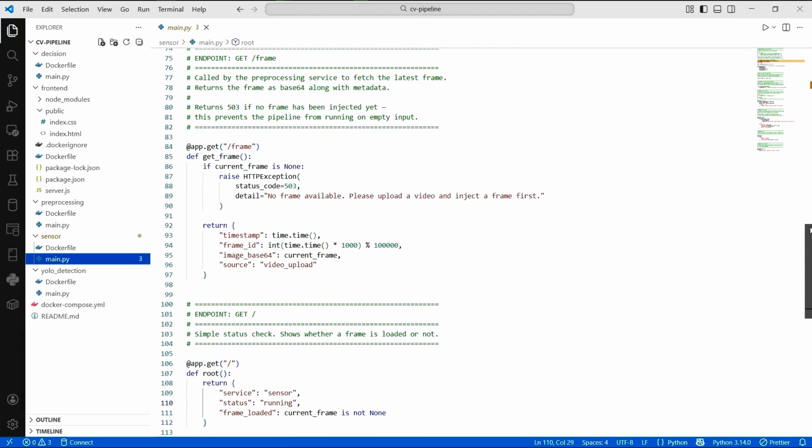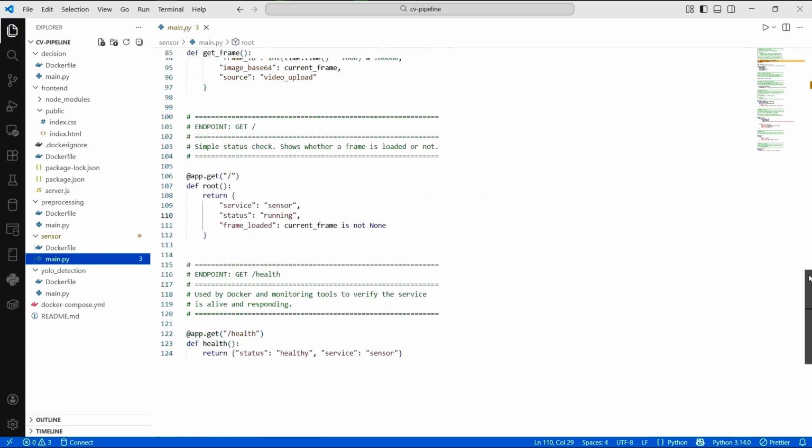If current frame is None, no uploaded video yet, we return a 503 error with a clear message. Otherwise, we return the frame with a timestamp and a frame ID based on the current millisecond. Simple, stateless, fast. Health endpoint. Docker and monitoring tools use this to verify the service is alive. Every service in this pipeline has one.